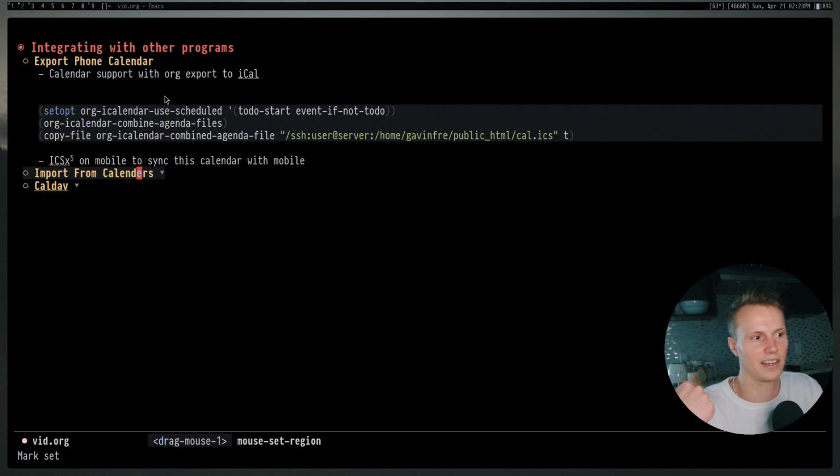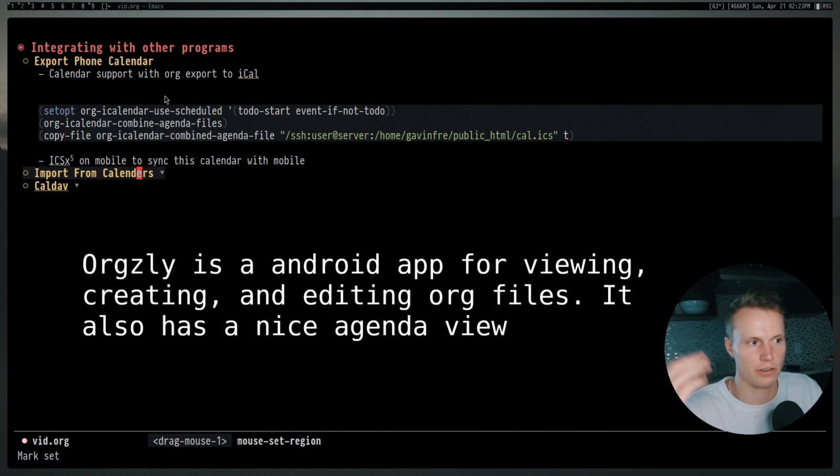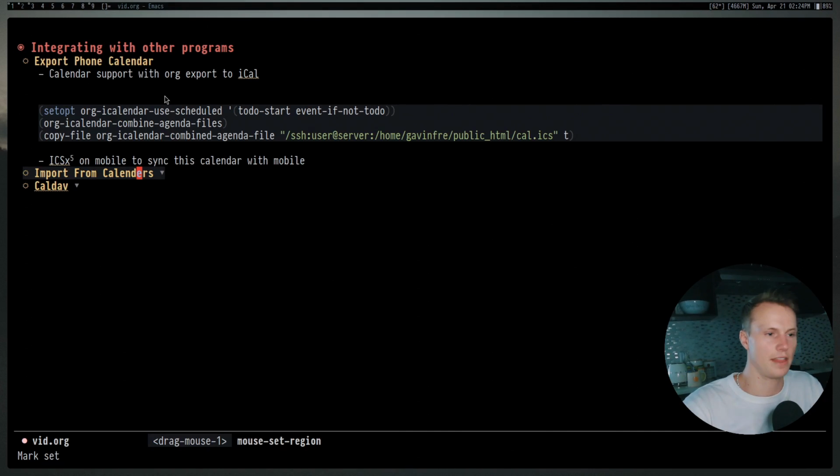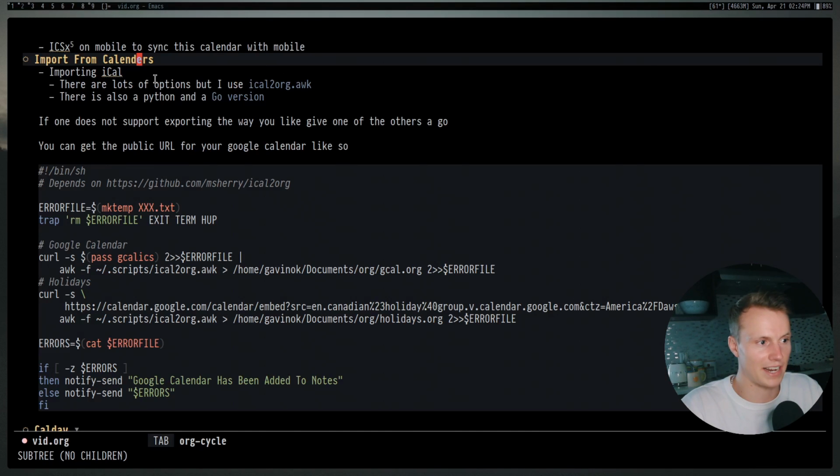It's only one-way sync, which I kind of prefer. I'd rather have the general stuff be handled that way and let me use Orgzly for just task management stuff. I usually don't add new events from my phone, but that can happen sometimes. And usually this is just for general stuff. If I want to be able to share my calendar with other people, this is an easy way to do this. In addition, you can import iCalendar.